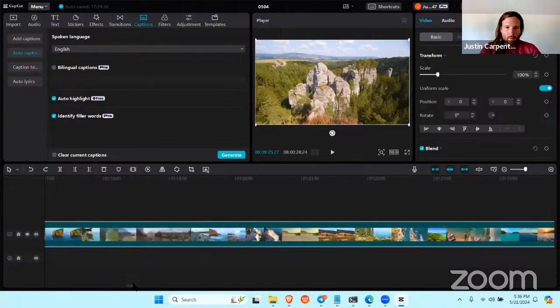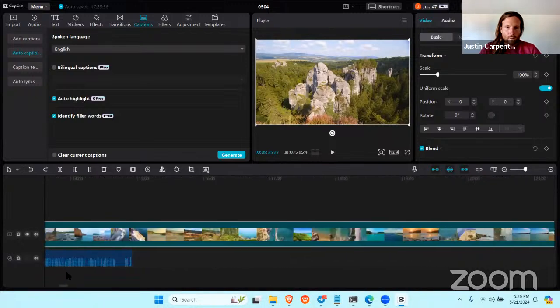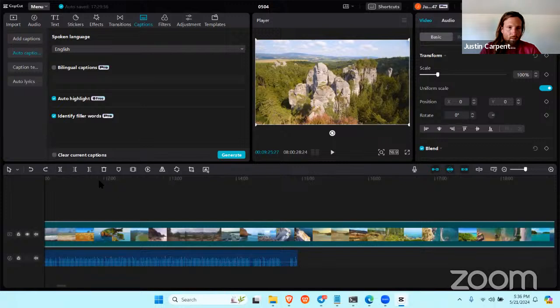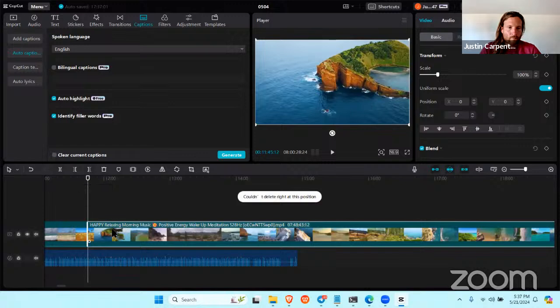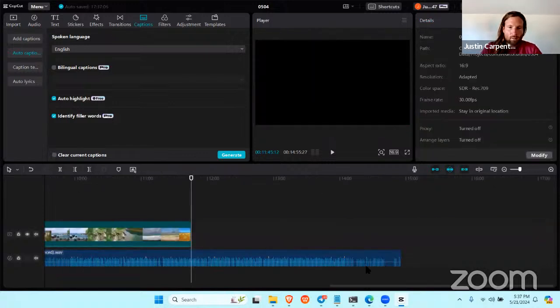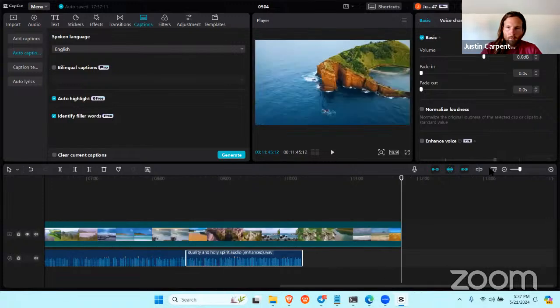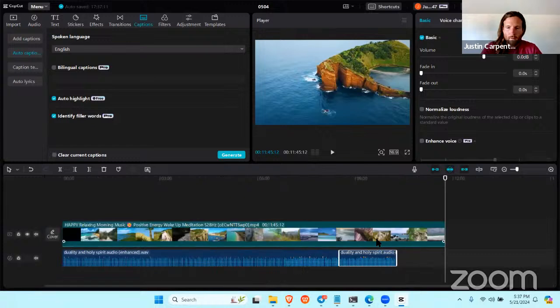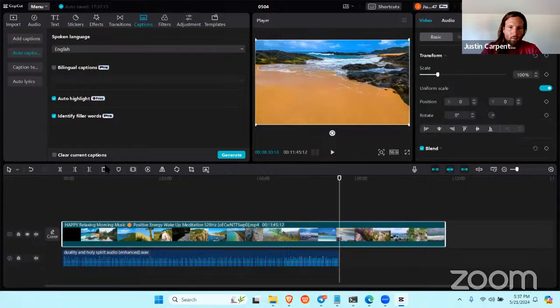And just so it doesn't take quite as long, we're just going to cut down this just so it's not so cumbersome. Let's just delete that, and then we'll just reduce this quite a bit down. Come here and zoom out here. Actually, we'll just delete that. Okay, so now I've got a little clip that's less than 10 minutes,